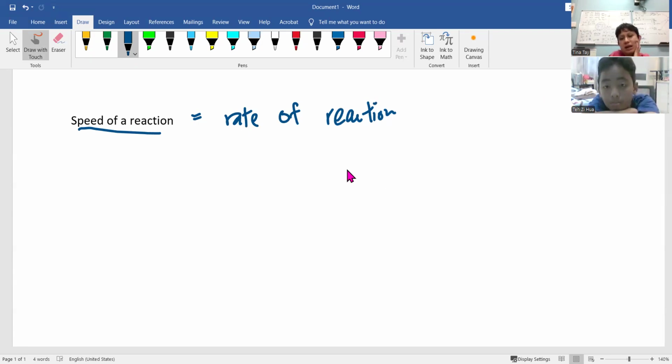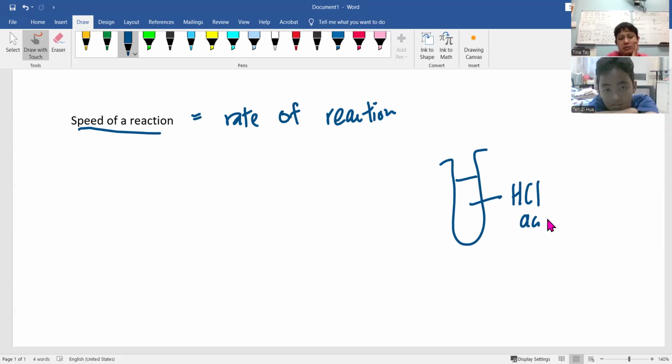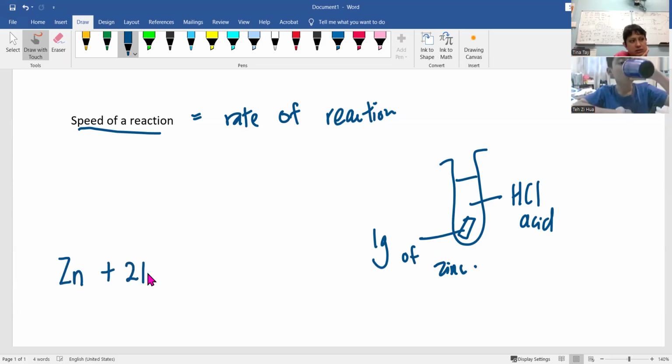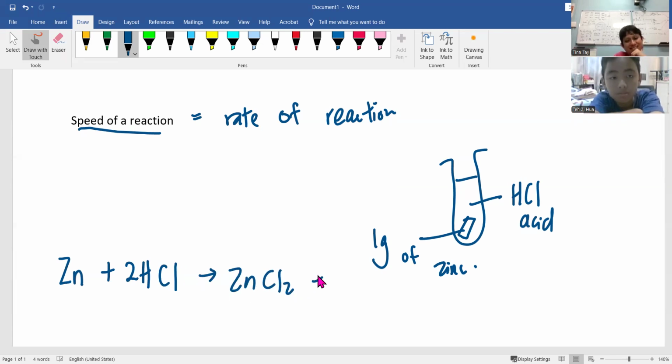Let's say I take a test tube and I put hydrochloric acid, and I put a piece of zinc. Let's say I put 1 gram of zinc. Now the chemical equation is like this. Are you okay? Yeah. All right. Now,